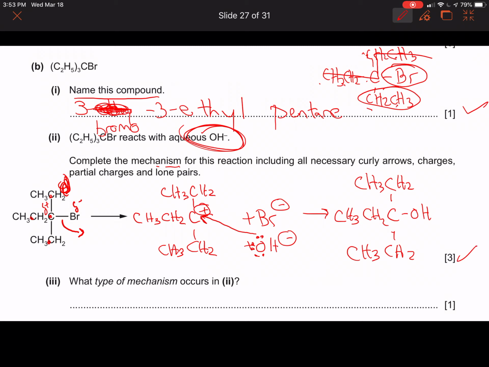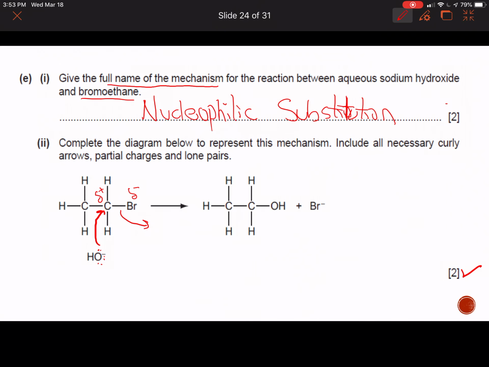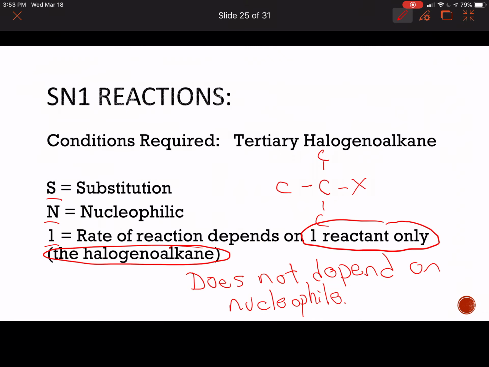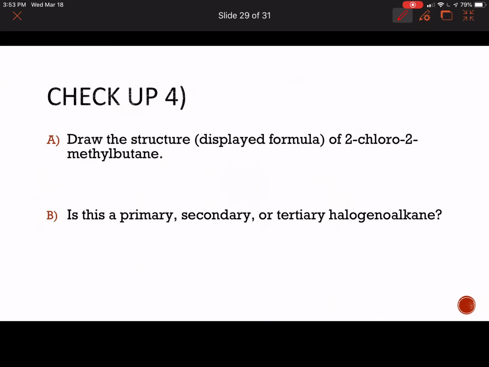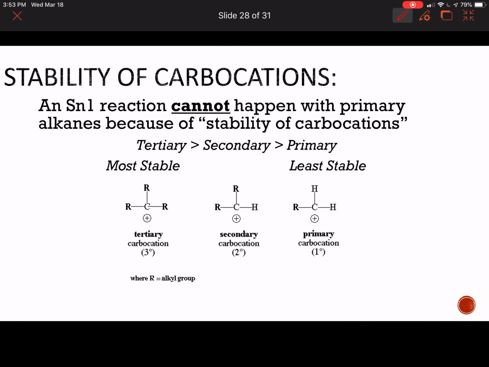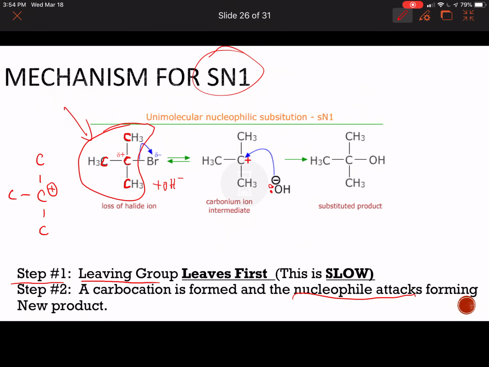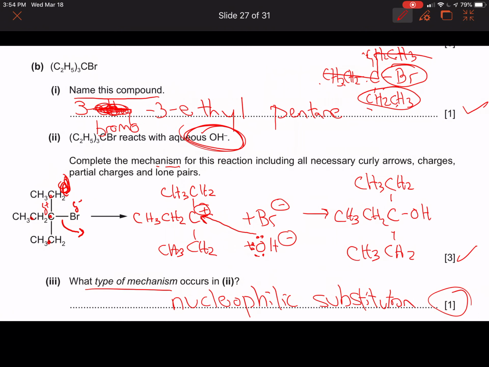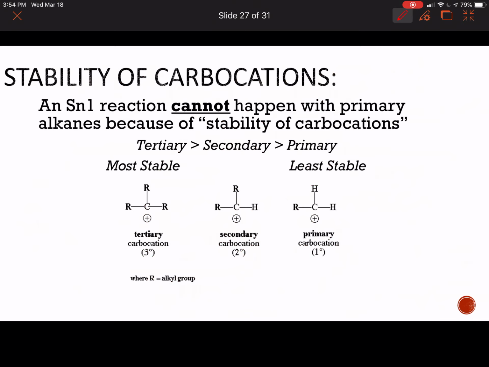And so, points earned. Type of mechanism, nucleophilic substitution. Now I want you to notice something. This was 1 point. Same question was just asked in the last Cambridge question for 2 points. So full name means they're giving 1 point to each. Over here, you only get 1 point for both parts of the name. So it just depends on how evil they want to be, once again,